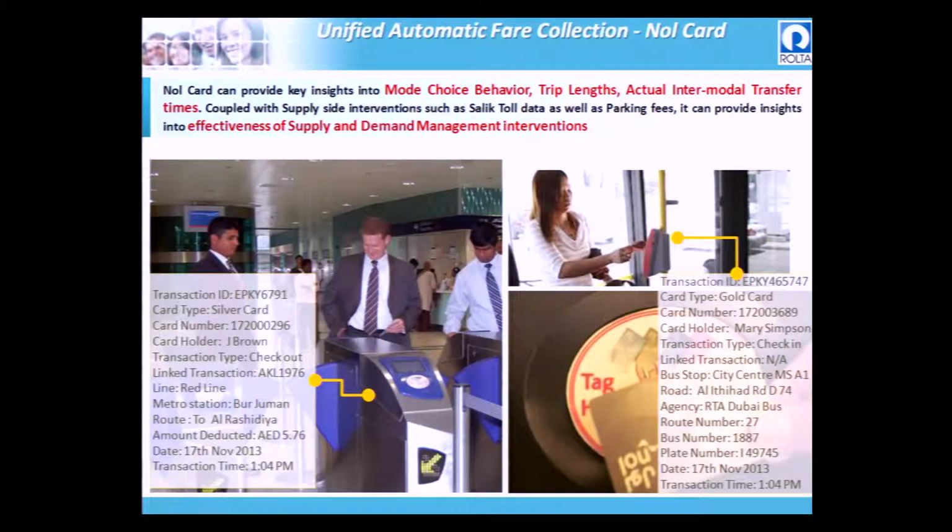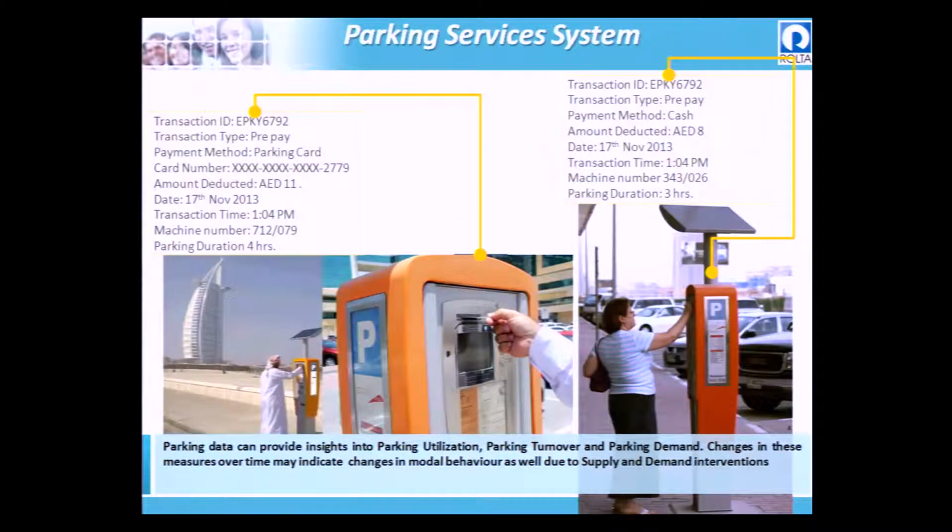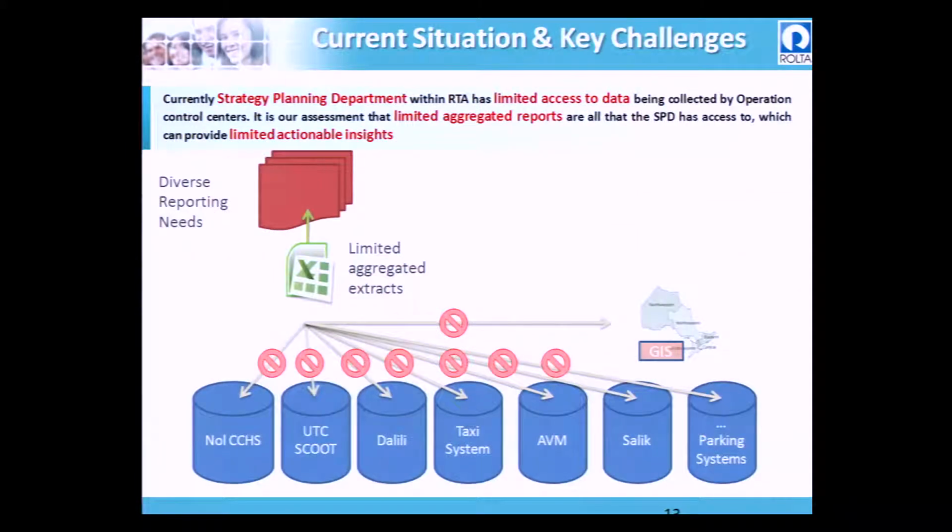Every time somebody goes through a train, for example, you enter a gate, that information is captured. And there is a lot of information that is captured every time somebody enters a train station. Same with parking stations. So the idea here is that there are so many different systems within an organization that